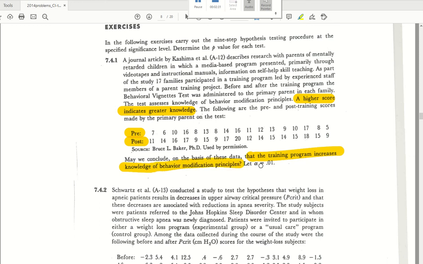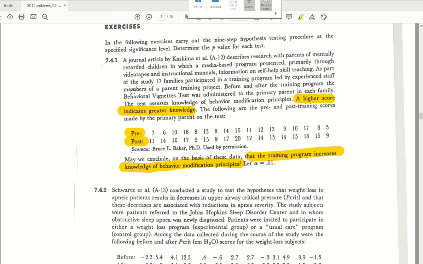We're going to ignore the alpha that they're suggesting of 0.01 for now. We're going to focus more on what we have as an example. So basically what do you have? We have 17 families. They were trained on a certain topic. And before the training and after the training, the primary parent was tested for their knowledge. So you have the pre-score and you have the post-score, and they want to know how much there was a change